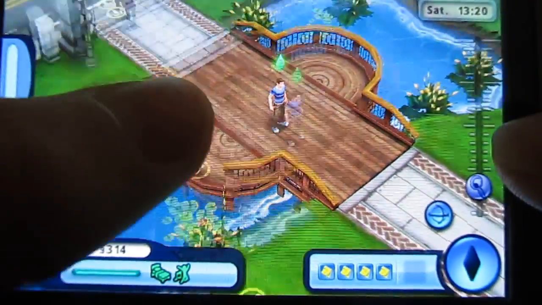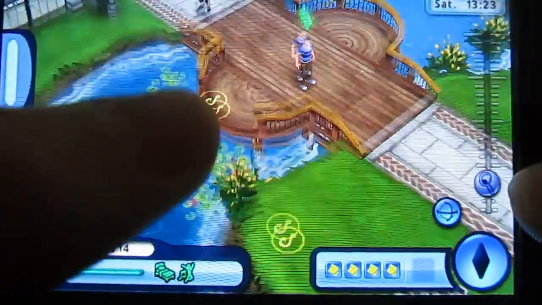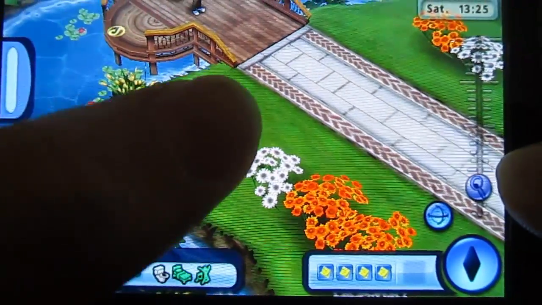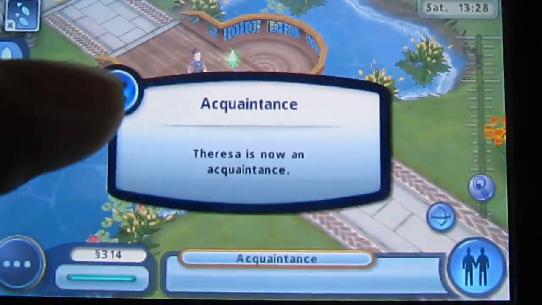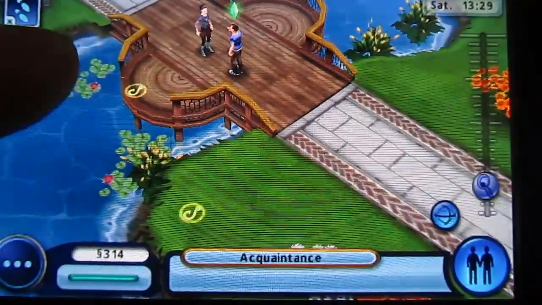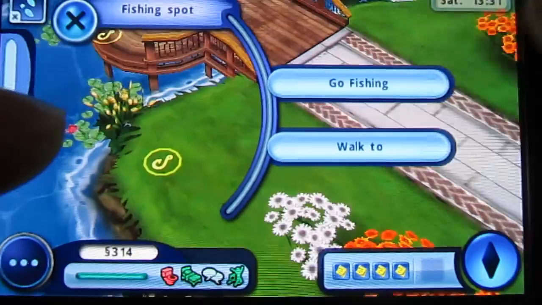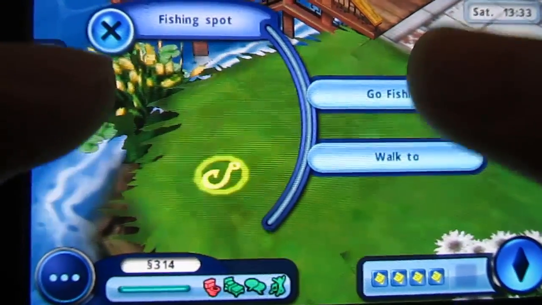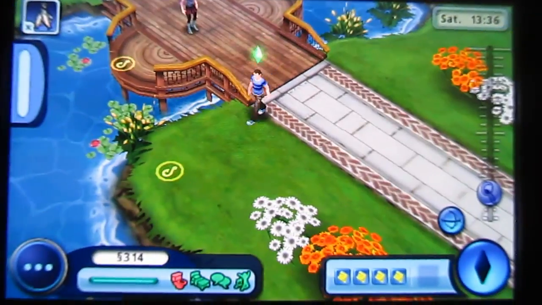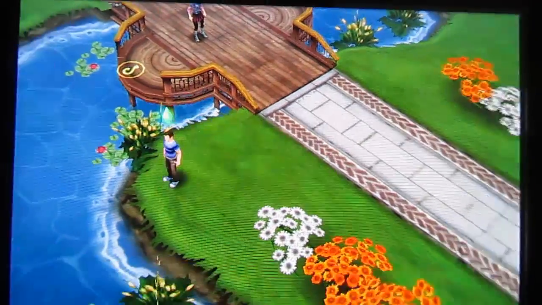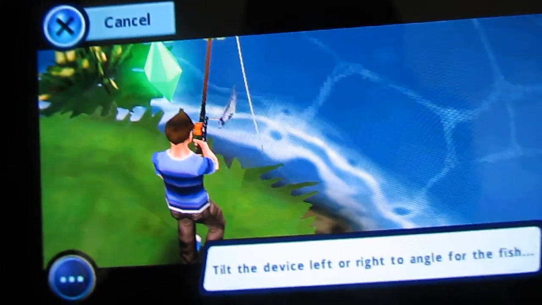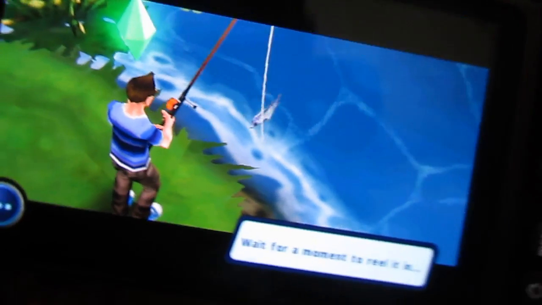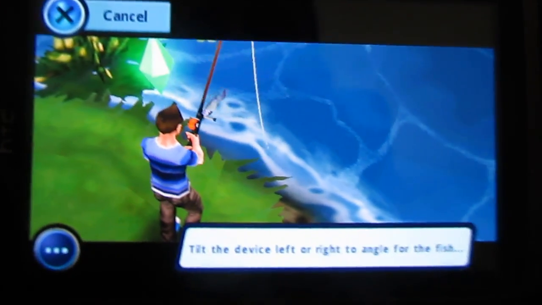You can also visit other Sims here if you wanted to, or you can just go fishing and select a nice spot. Someone started talking to me, but we don't want to do that, so let's go fishing. So my last wish was to catch a salmon. Let's see if we can work this out. So this is one of the mini games. You move your phone left and right to direct the rod, and as soon as you get a bite,